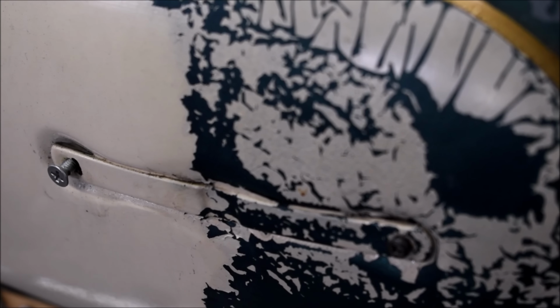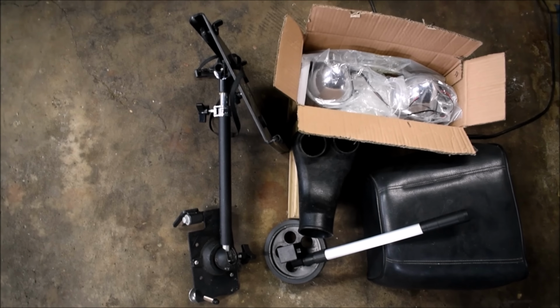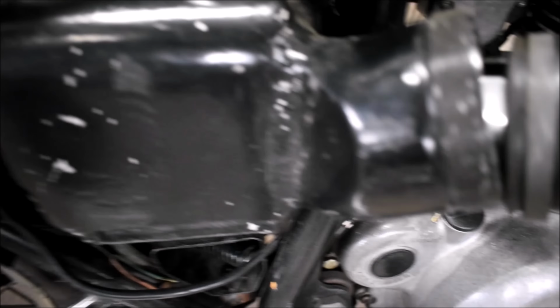Do you see the old lady playing the flute? Or Jesus choking the blunt? It's got a cool shifter cover. Maintenance deferred. And it's got all this cop stuff with it. Another dual intake plenum. This must have been stock, and this is something that was fabbed up probably by the